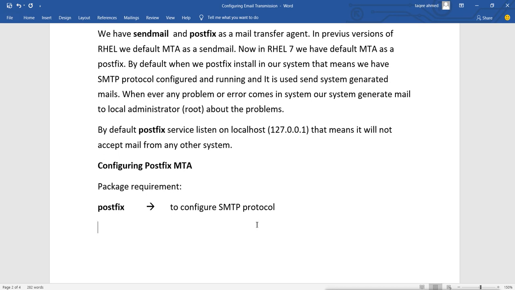Now to install, first we should check whether it is installed or not. We will run the rpm command with -q and give postfix, or we can use yum also. If it is installed and configured, then we can use yum list postfix.